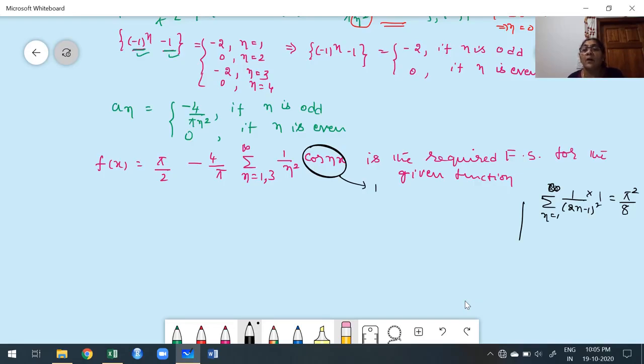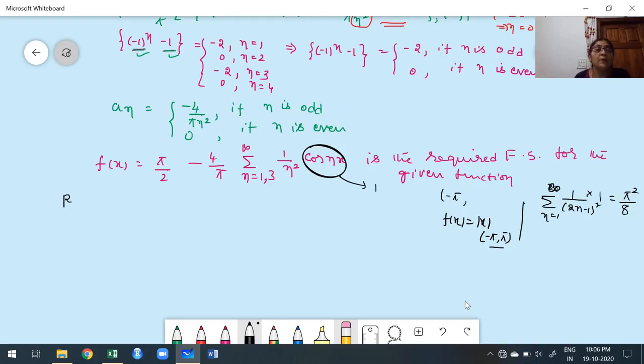But we don't have any cosine function. I try to convert this cosine function to be equal to 1. In the range, what's the range? The given function is f of x is equal to mod x in the range minus pi to pi. Now, what's the value we are going to choose? x is equal to 0. 0 is definitely in the range minus pi to pi. Why do I have to choose x is 0? Once you put x is 0, cos 0 is 1.